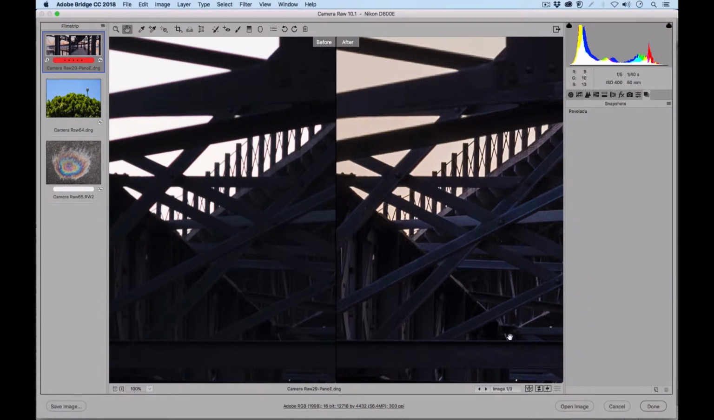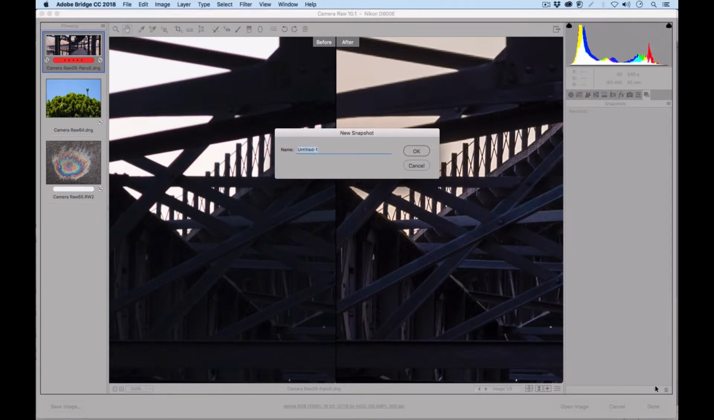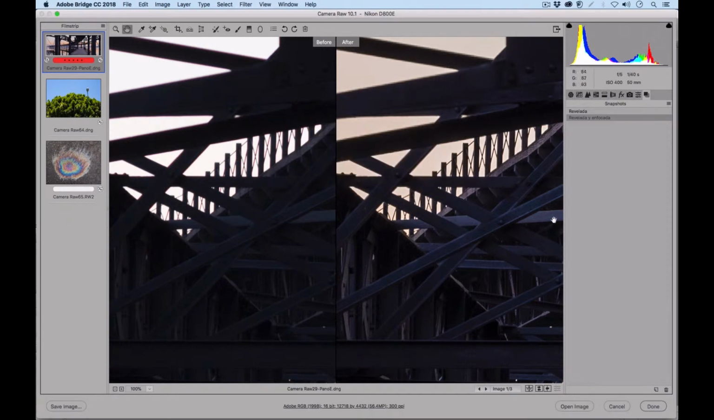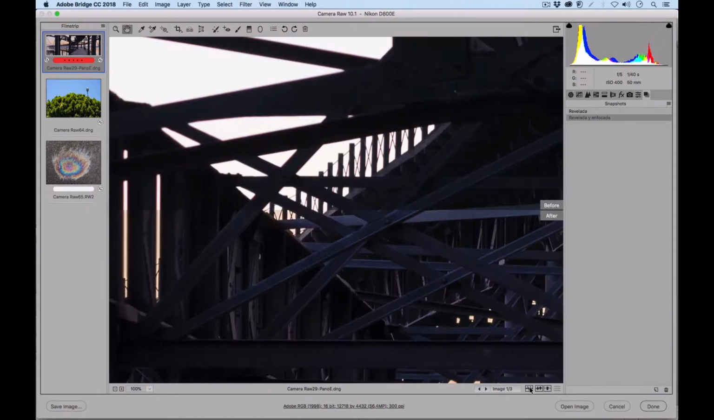Okay, so now we have the image corrected. Let's go to make a snapshot. And this snapshot is going to be called Developed and Sharpened. And now we'll click OK, and we can see. Now let's put the image as it was originally, and now we can see